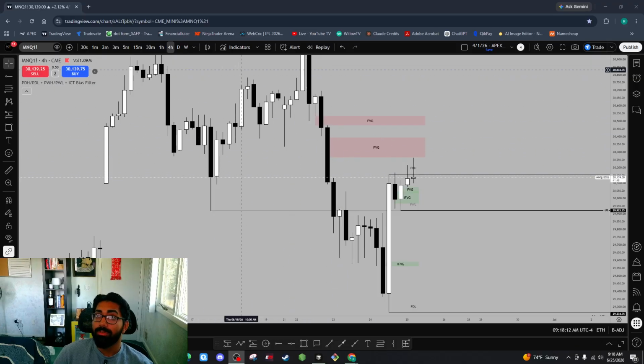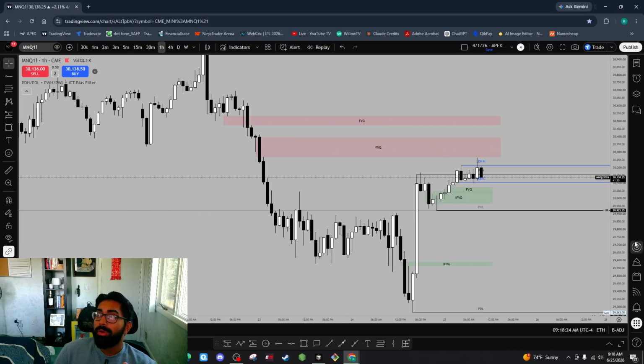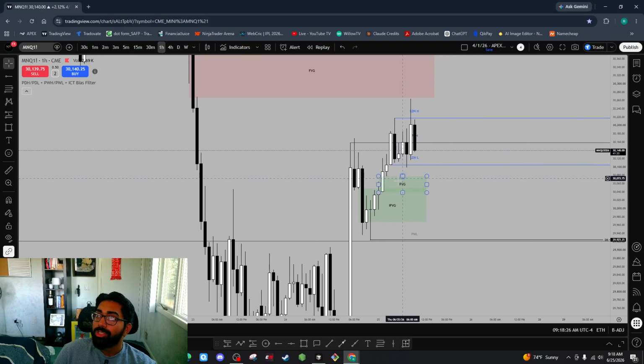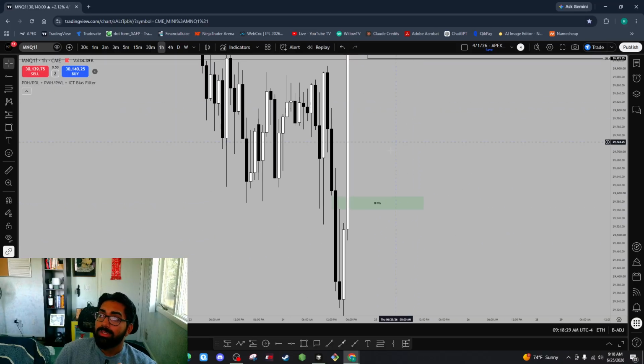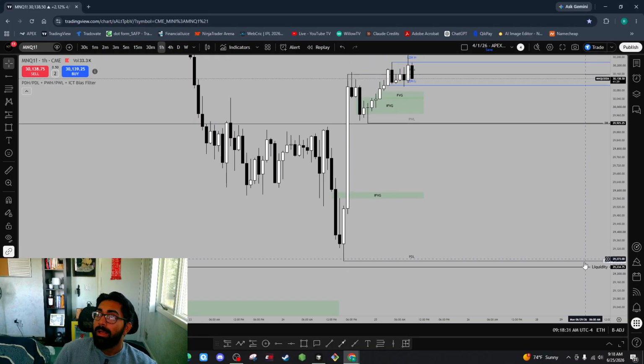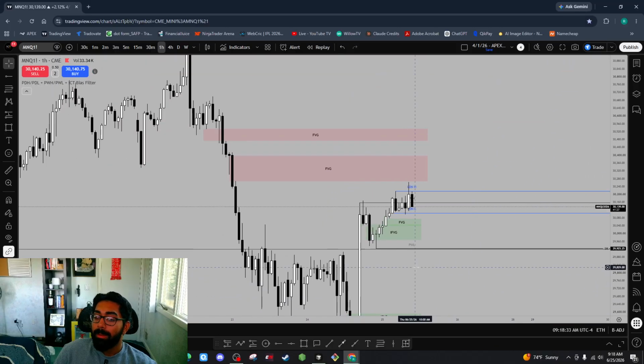But for today, the way I usually start, which is very important, is to mark all the high time frame confluences, right? So I marked this 4-hour bearish right here. I marked this 1-hour bearish right there, this 1-hour bullish, 1-hour bullish inverse, 1-hour bullish inverse. And this is to help us get a macro understanding.